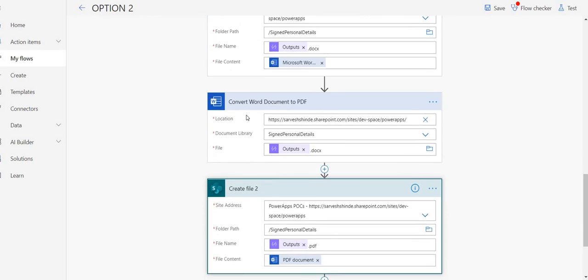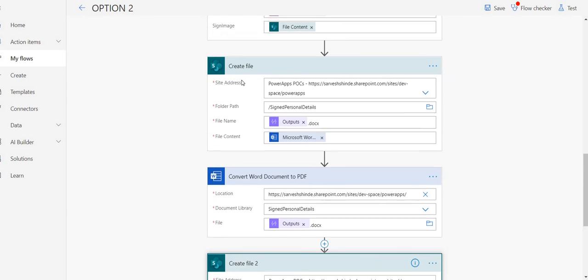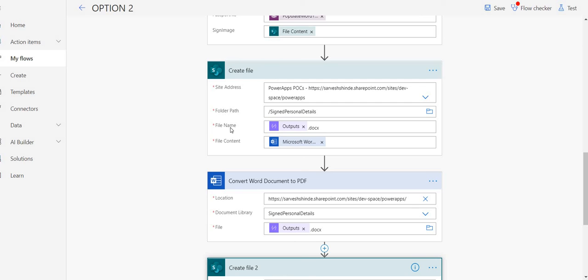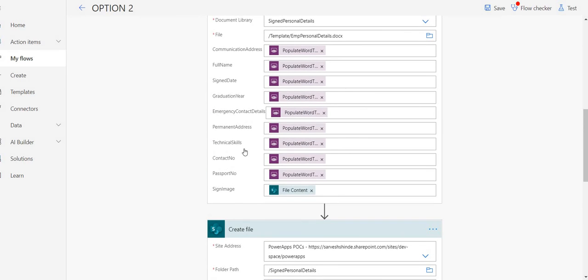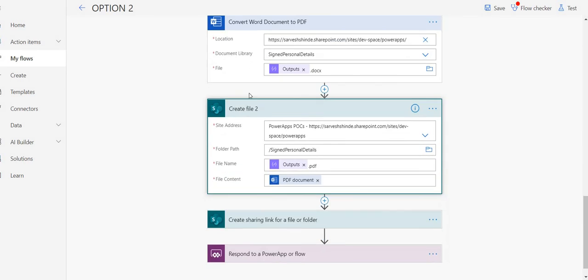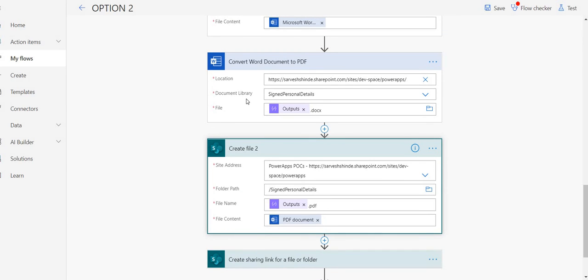The next action we have used is Convert Word Document to PDF. Again we are getting input from this previous action, and converting this document into a PDF document. Now the output of this we are using to create a file. If you see, again there is a Create file action and we are using the output of this particular action as an input to this one.